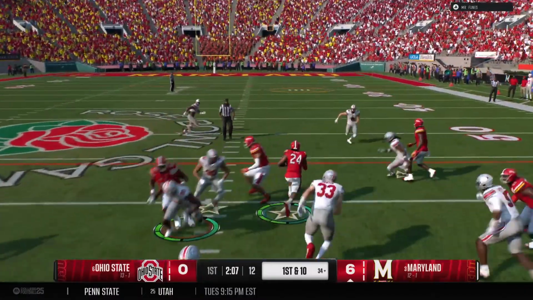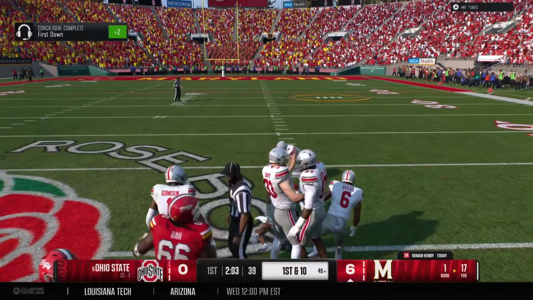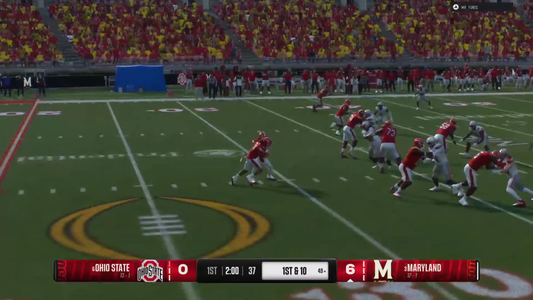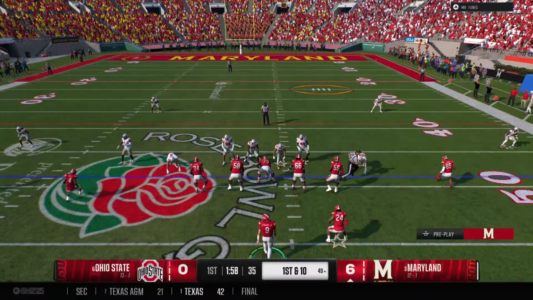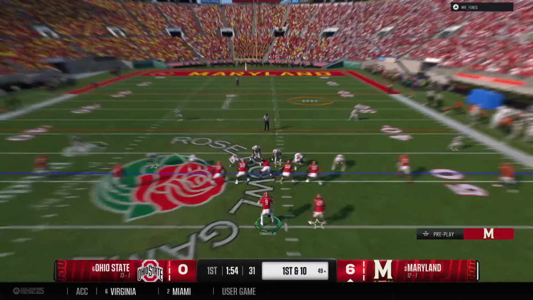Looking for some space. It's Hemby. Fighting off the tackler. Brought down, but not before he gets into enemy territory at the 49. Ooh, how about that offensive line? That's just getting a hat on a hat, opening just enough room for the back to be able to get through there for a big gain.